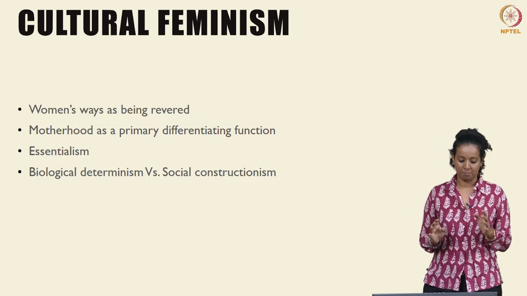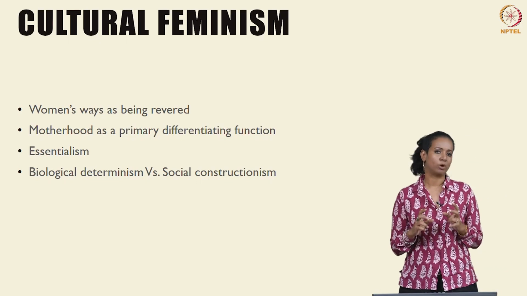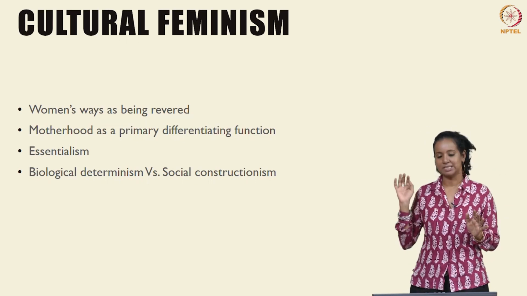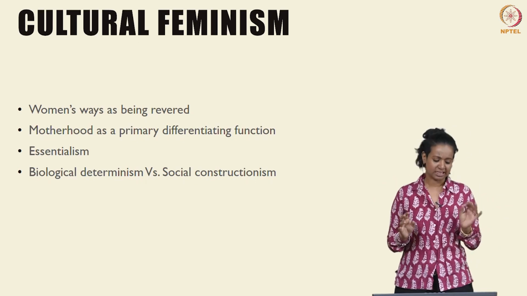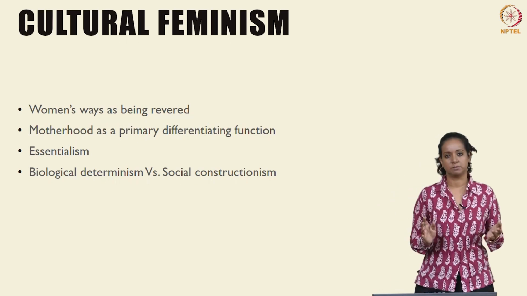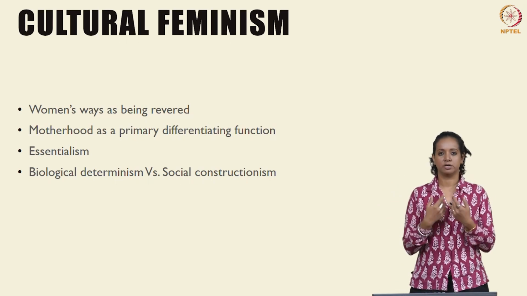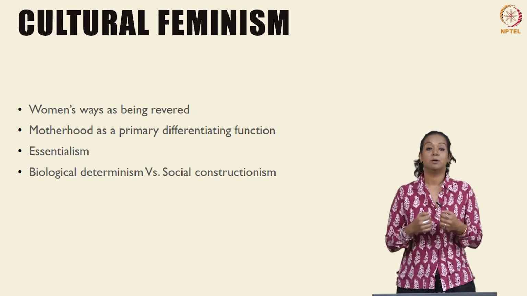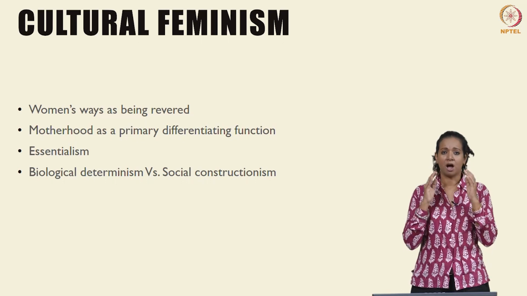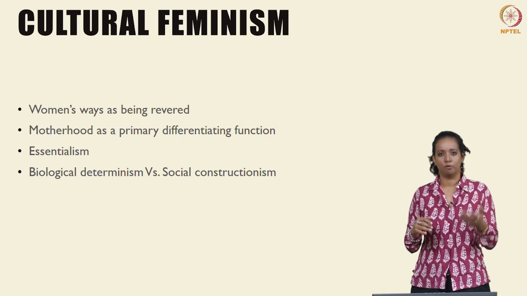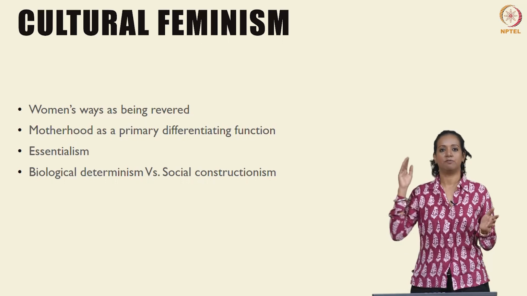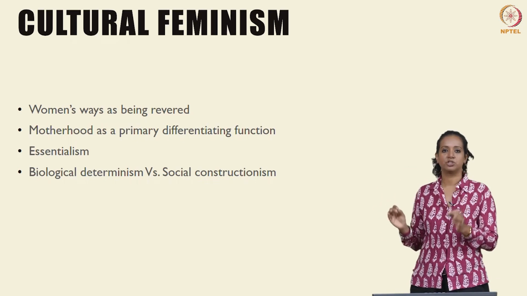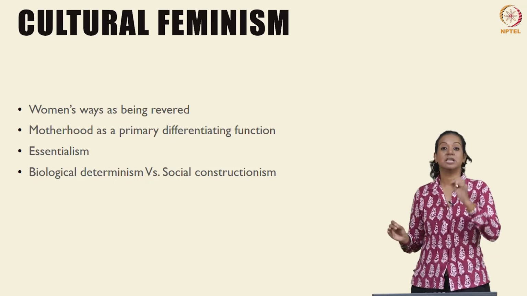Here we also come up with a slightly important struggle and fight, which is between biological determinism and social constructionism. Let's spend a quick minute on what these terms mean. What do we mean by biological determinism? That biology is the determining factor. Biology is composed of hard differences that cannot be overcome. Therefore, a man is a man, a woman is a woman, and within woman reside differentiating biological characteristics such as motherhood.